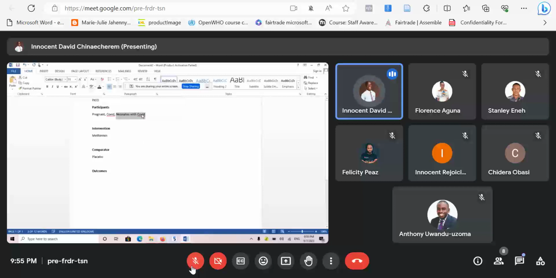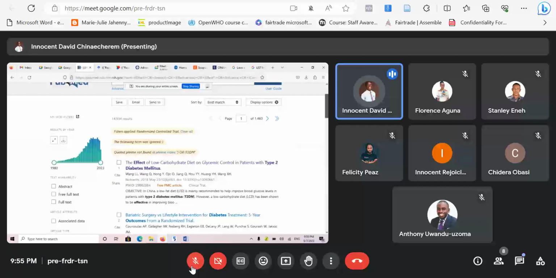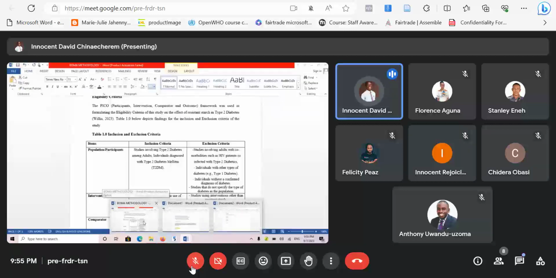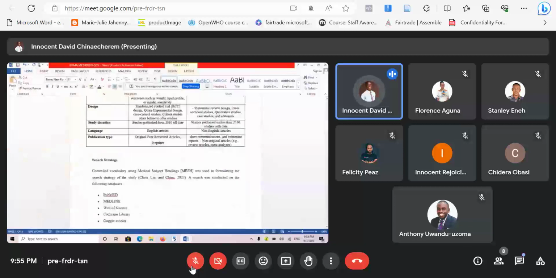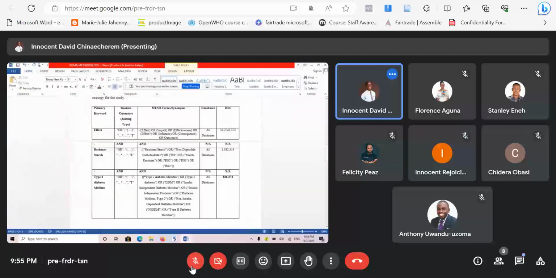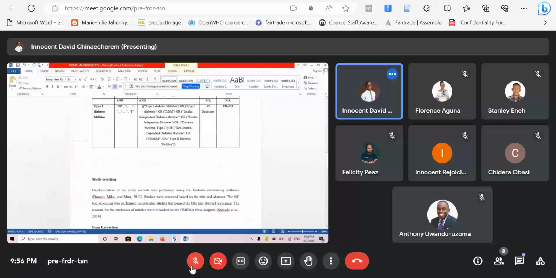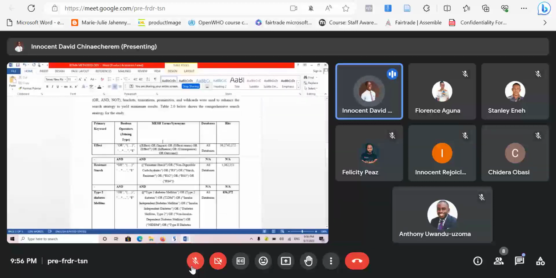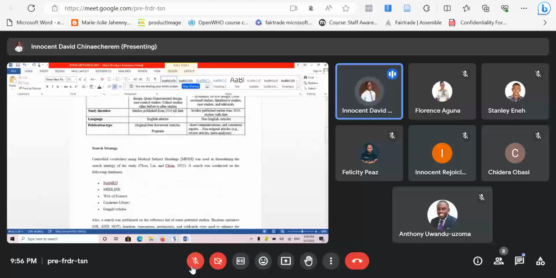Now you've made a point here, but then you search for primary studies. Are there available literature on this? If there is no available literature on this, that means it's practically impossible for you to carry out that review. So it's going to be a very long session, because what we are primarily envisaging now is, how can we do that exhaustive search? So whenever you're searching for in-depth literature, you have to filter it down to the type of study